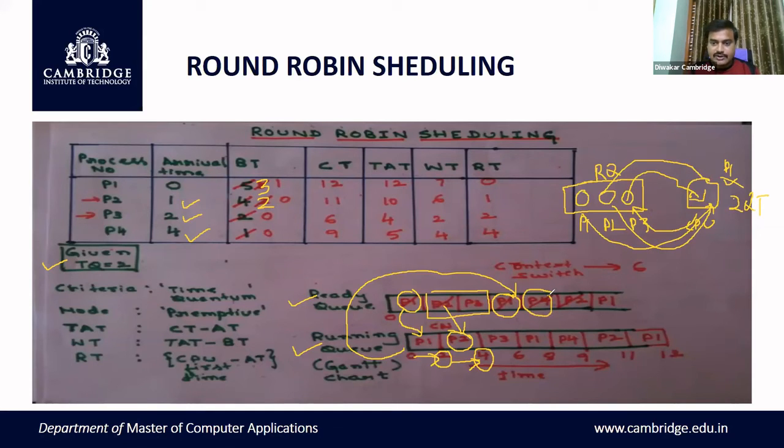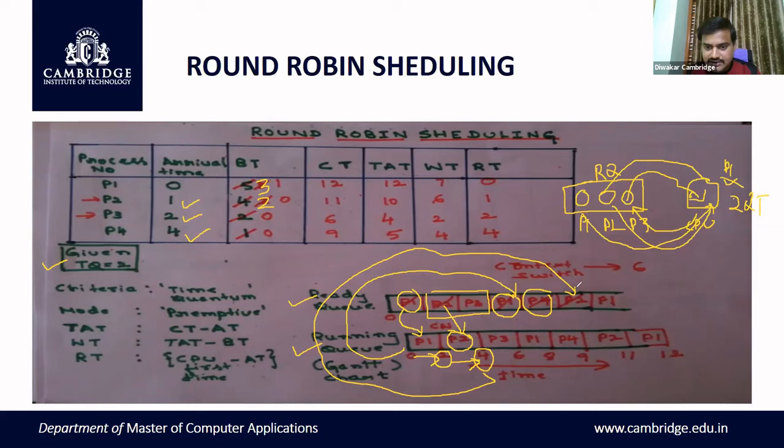Process P4, you're going to bring it to the ready queue. See what happens to the previous process P2. Still 2 units are there to execute here. So what happens here? The process P2, here you're going to attach to this queue, because still it is remaining, right?